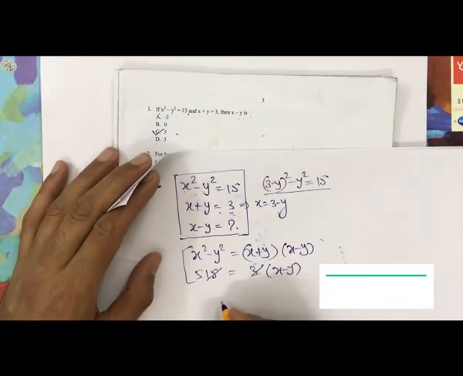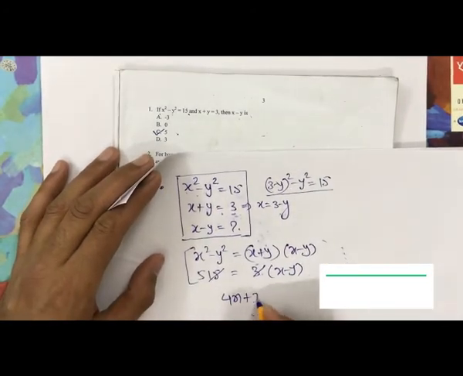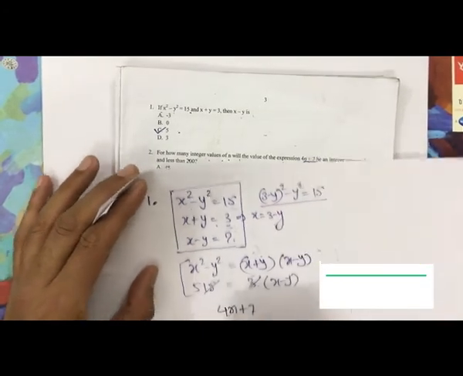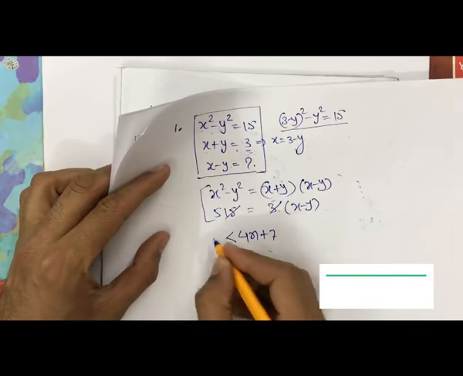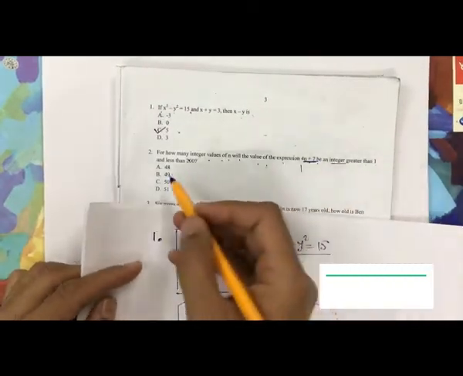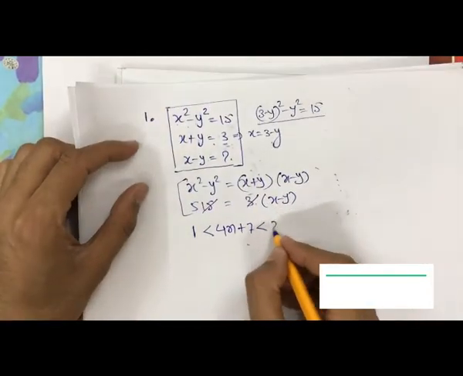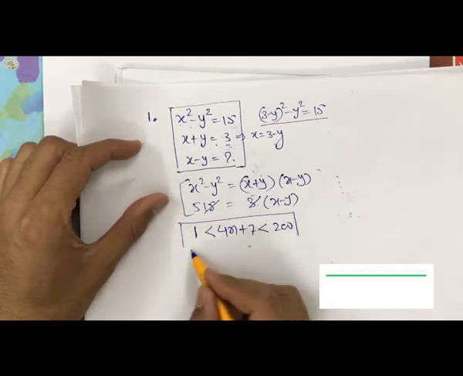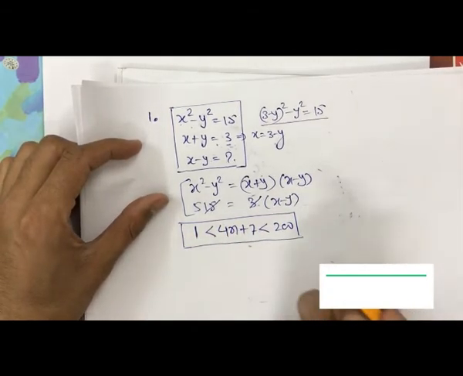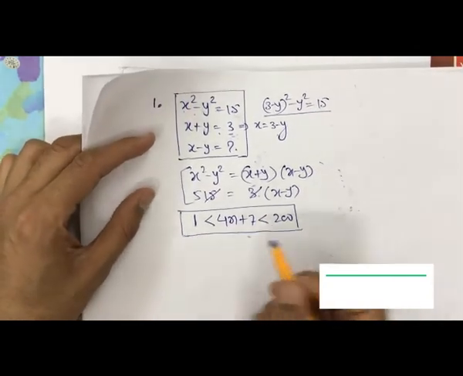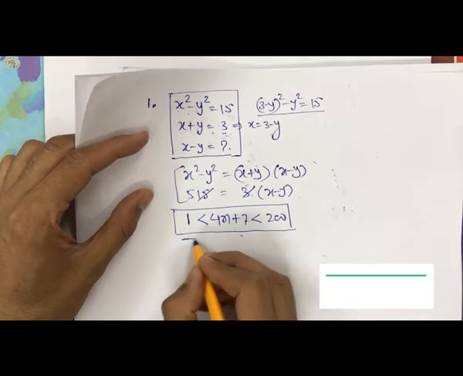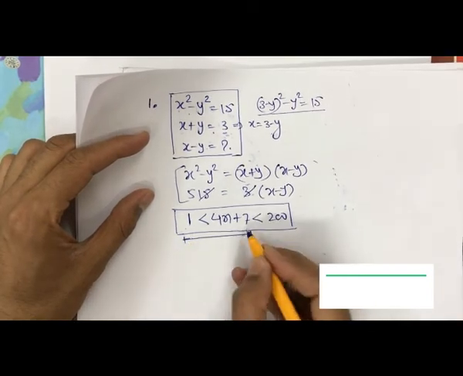The value of the expression, there is expression 4n plus 7, this one, be an integer greater than 1, तो this expression is greater than 1 and less than 200. तो ये बेसिकली एक इन इक्वेशन कहलाता है जहाँ पे हम किसी टर्म को, किसी वैल्यू को इक्वल नहीं रखते हैं, either more than, less than। तो ये आपके पास है। तो इसको सॉल्व कैसे करते हैं, अगर आप इसको लेना चाह रहे हैं तो आपके पास 7 इस साइड